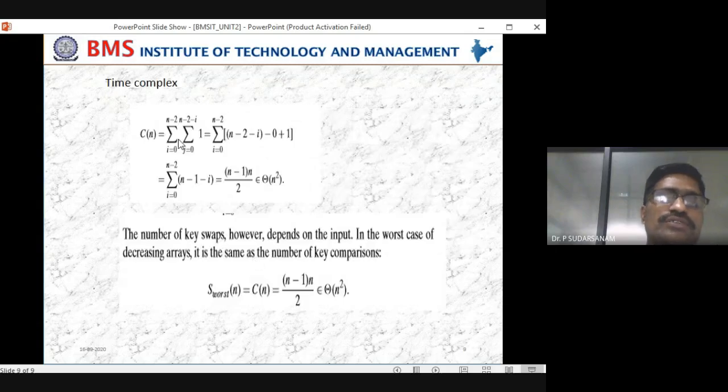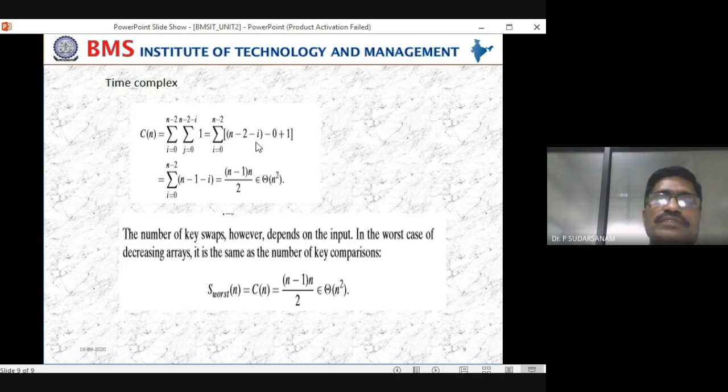Yes. So now see the equations. Summation, first loop i goes from 0 to n minus 2. j goes from 0 to n minus 2 minus i. Same thing. Now here is one constant: upper bound minus lower bound plus one constant. That is nothing but n minus 2 minus i. That is the first one. Lower bound is 0, minus 0 and plus 1 is the constant. That's what you have to write when you are subtracting the first location.